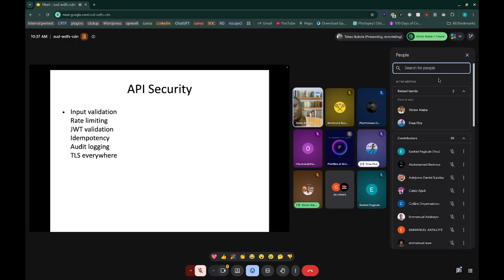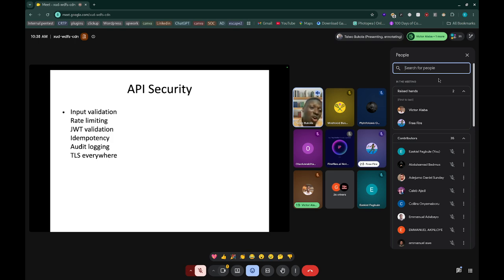Audit logging is one of the most essential things you can use, and it is often an afterthought. It helps you after the fact, if there's a security breach.